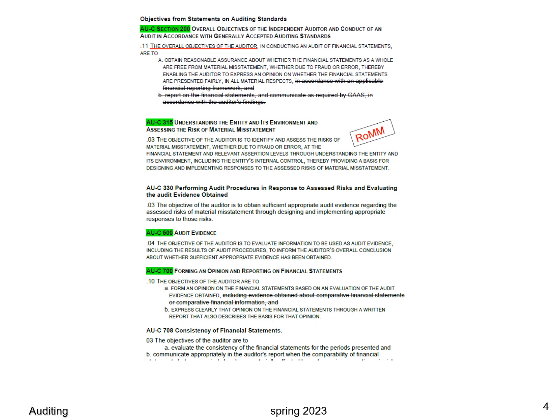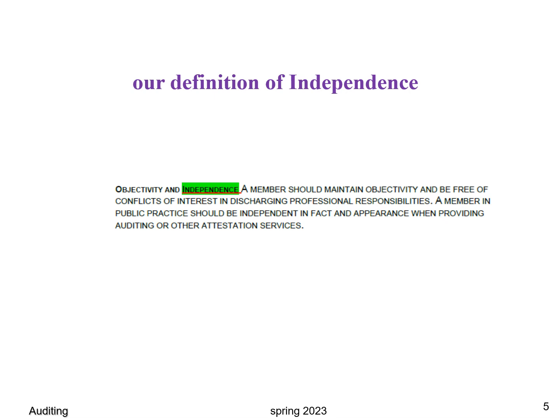Okay, so we've got 200, 315, 500, and 700. Those are definitions that you will want to learn word for word. Go ahead and complain about the memorization if you want. But these four audit objectives are going to flow through the entire course, so you might as well get them down word for word or real close to word for word. And then there's our definition of independence. Actually, it is objectivity and independence, but the way I teach it, we're going to pretend this is the definition for independence.